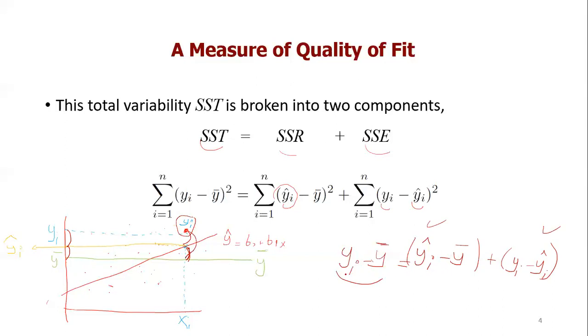So the distance between the average and the observed value is equal to the distance between your prediction and the center line, the average, plus your observed value and your estimated value. What you're trying to do is say that this is the overall average without making any model, and this is the new average found by making a model. So this is the average that you obtain from the model, and this is the average without making any model. So you just divide